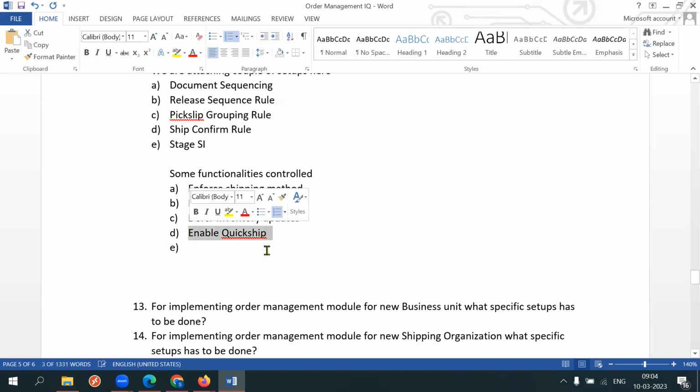Anyone explored what is quick ship? Anyone remember what is quick ship? I think I explained this theoretically. Is this without quick release and picking, quick ship confirm? Correct. Without quick release and picking? Yes, that's right. Okay, you can enable quick ship functionality also, and you can enter the